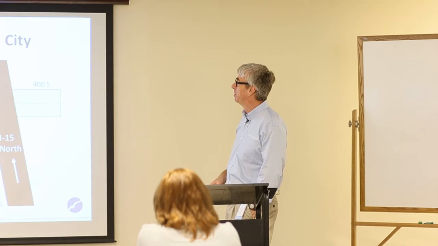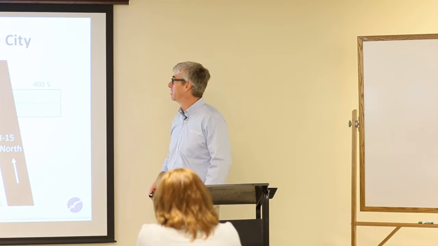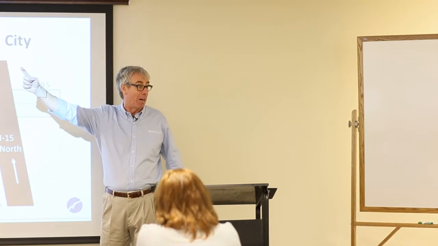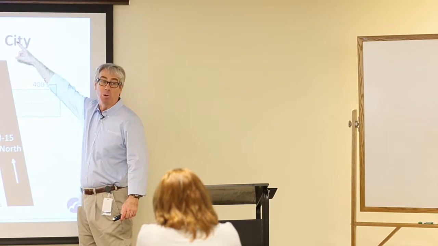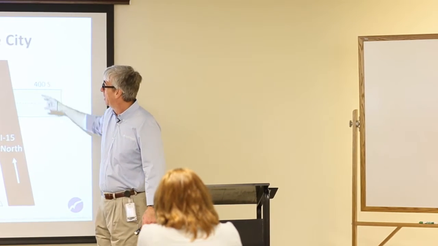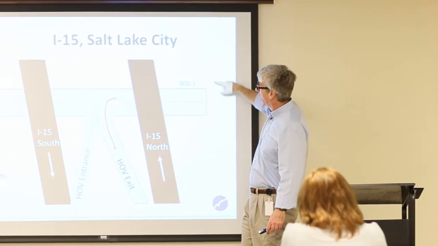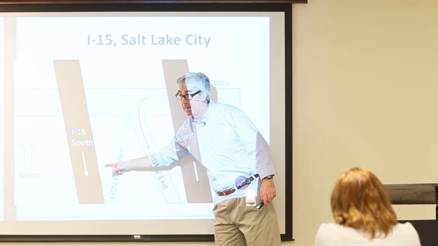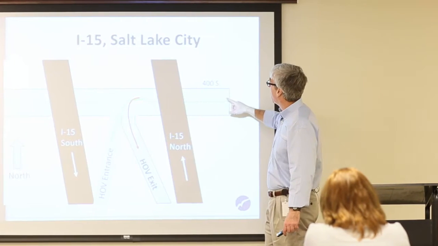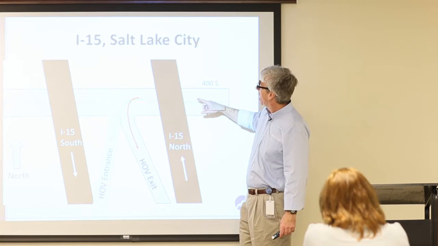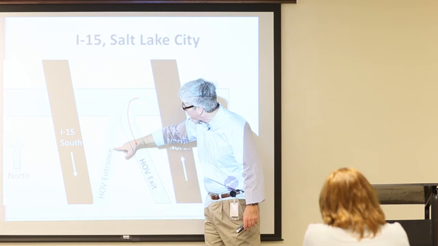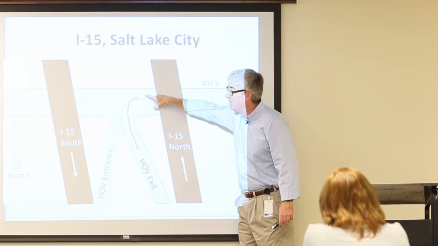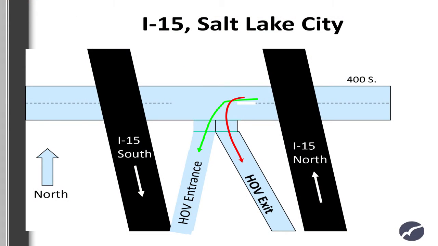Let me show it to you. So this is close to downtown Salt Lake City, Utah. This is I-15 north, the same I-15 that you've got. If you drive far enough, you'll end up going up that way toward Idaho. And in Salt Lake, lots of people want to go on I-15 south at the end of the day to go back home. And this is a carpool lane, and this is the arrow they should have followed. They should have gone south on south, but instead, they're going south on northbound I-15.